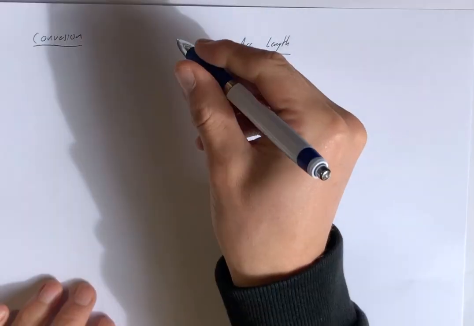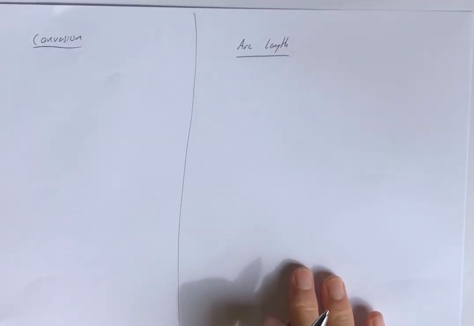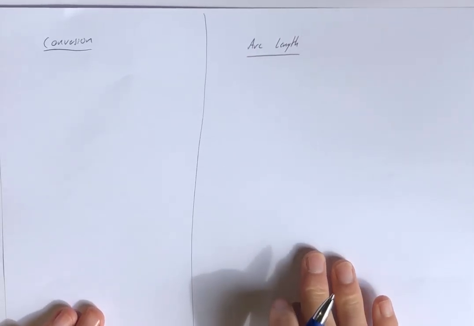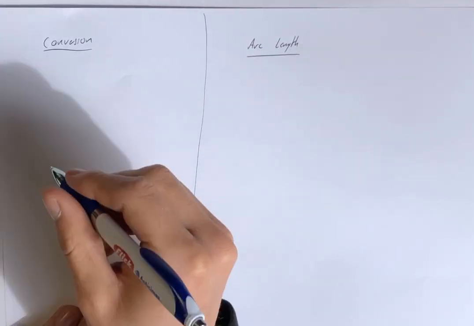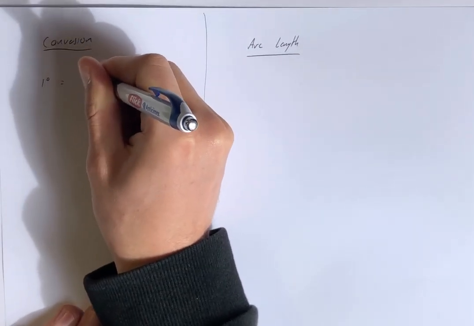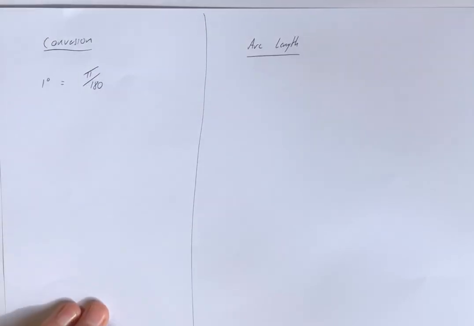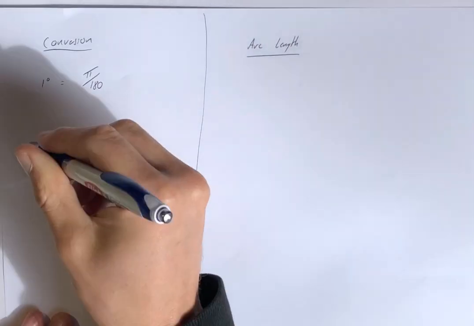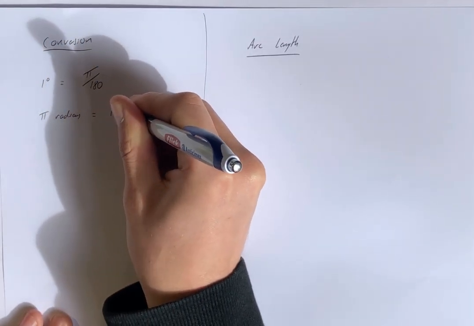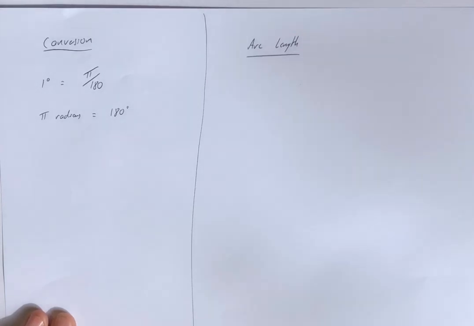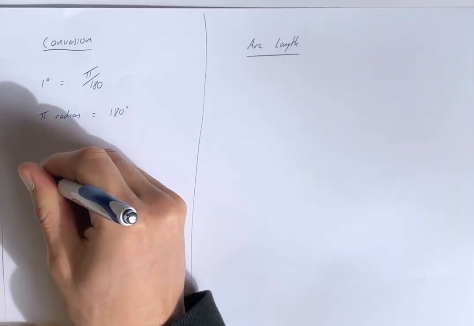What we're going to look at now is conversion. So we're going to be converting. So what did I say before on the previous page? It was 1 degree is pi over 180. Right, so that was simple. It was pi, halfway around a circle, divide by the number of degrees. And we have pi radians equal to 180 degrees. So let's convert